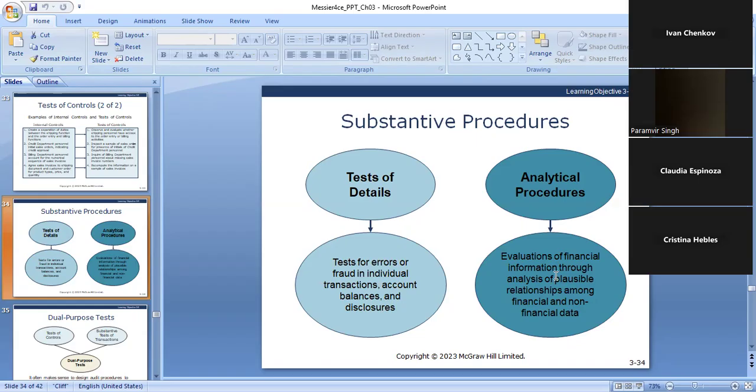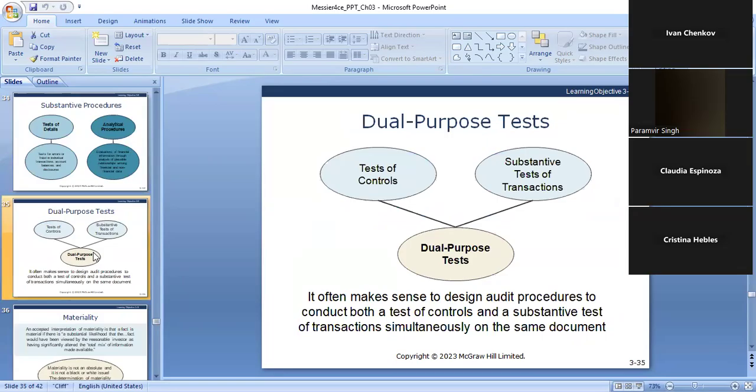Now, when we're evaluating the financial information through analysis, that's analytical procedures: we evaluate the financial information through analysis of the relationships among financial and non-financial data. So now we're getting a little more holistic, to see how that recorded event affects the company itself. I mean, is the recorded event related to some bank covenants or not? Are they trying to do something to avoid